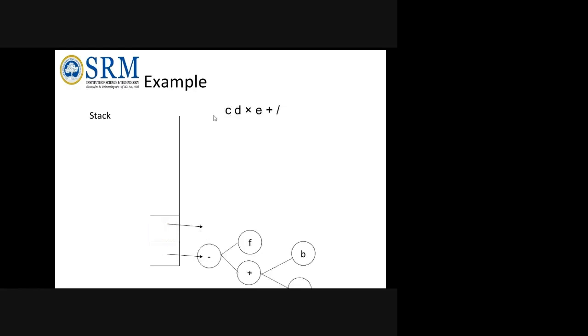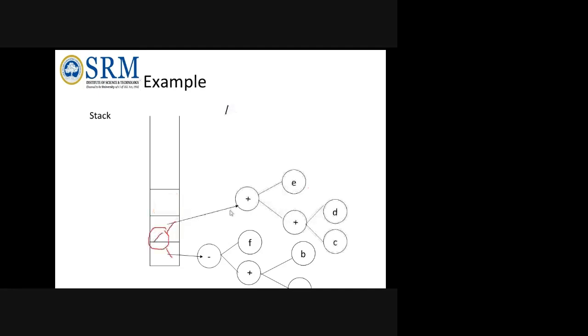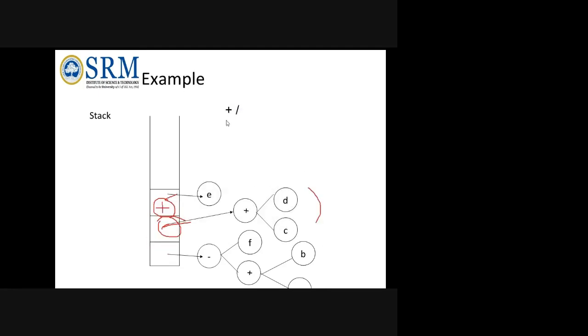We should see the animation. Now C comes. C will be applied here. Now D will be applied here. But next C comes means E will move to the upper stack. But now one into comes. So into means the topmost two will be popped out, and into is applied between them. So into is applied between C and D. Now E comes. E is being applied. Then when plus comes, it will be applied between them. E will be acting as my right child.